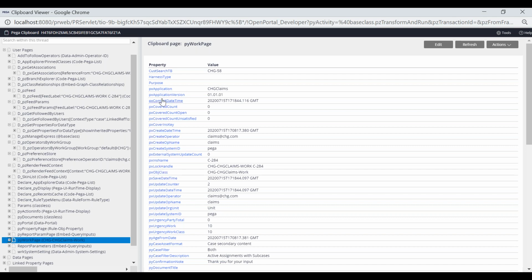It maintains all the work object related data which should not be edited for sure. So there is pxCreateDateTime, pxCreateOperatorName, and pxCreateDateTime. These should not be changed for any reason. During processing, PRPC has to store all these values in the database table, and this is captured dynamically using the system date time as well as the operator who is creating it. So the importance of px properties is that they are useful for read-only, they should not be edited for sure, and I can make use of these properties wherever I want.